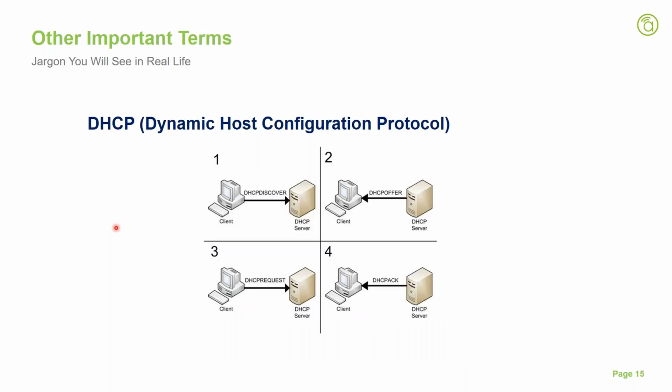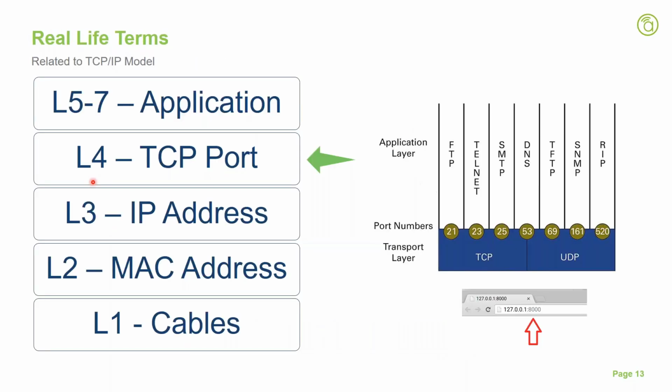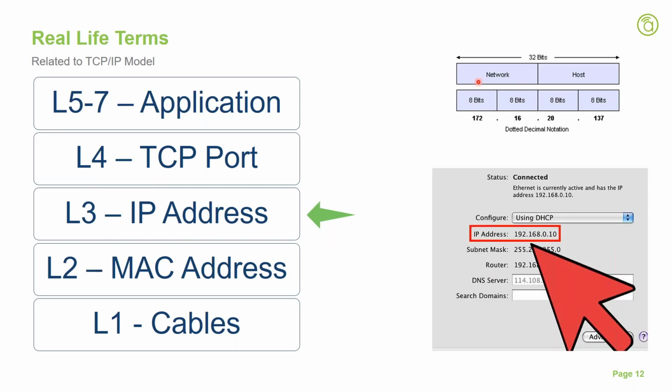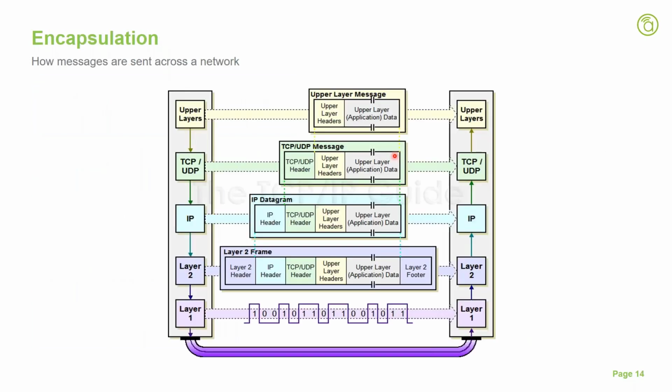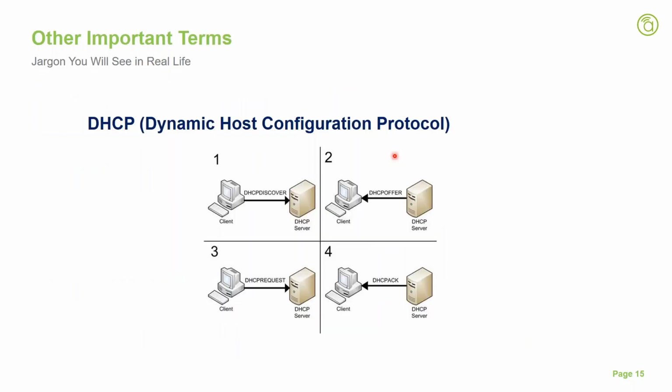So other jargon that you run into in real life is what we call DHCP, or Dynamic Host Configuration Protocol. We talked about IPs being a logical address that is required in the network, a unique identifier for devices in a logical way, and that's very important. It's not burnt into the chipset. So sometimes, especially when we talk about a private environment like a residential or an office environment, we decide to make a private IP scheme where we want to give each device a